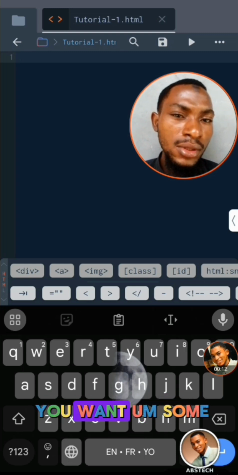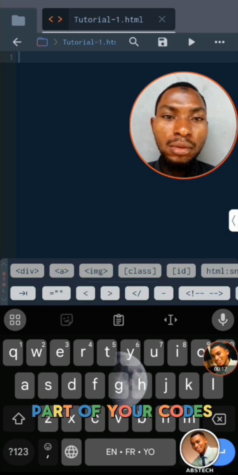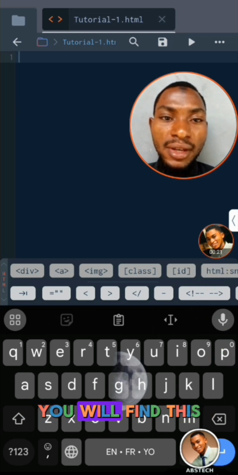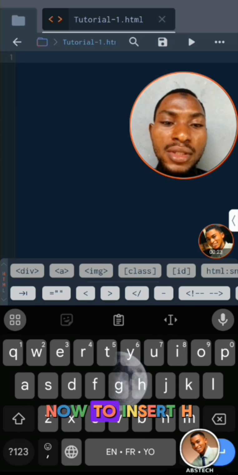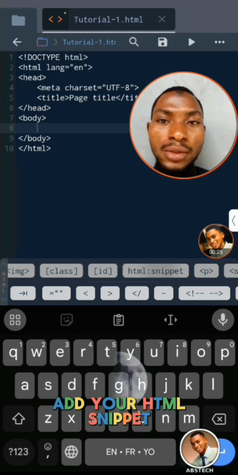Today we are going to be exploring how to insert lists in your HTML. If you want some lists in your HTML just to itemize some part of your code, you will find this very helpful. Now to insert an HTML list in your HTML code, you just have to add your HTML snippet like this,